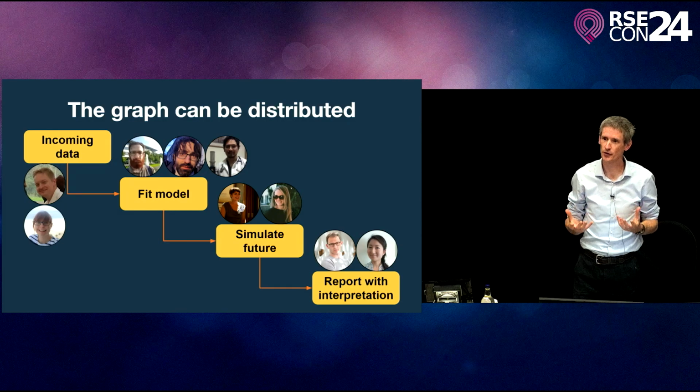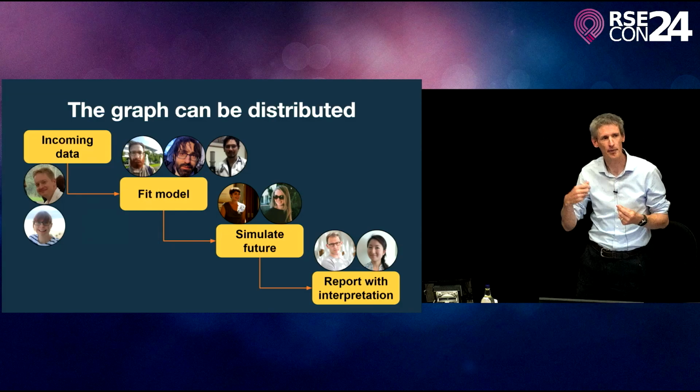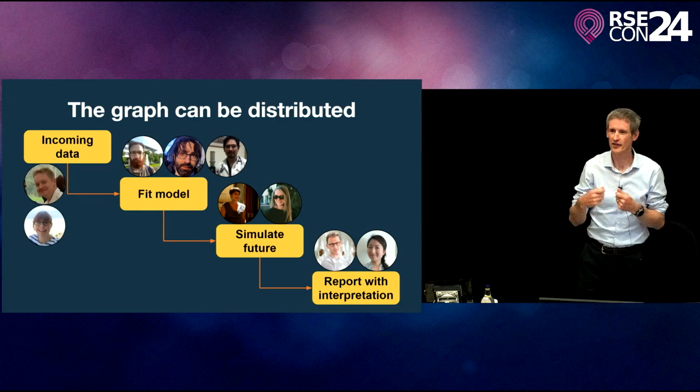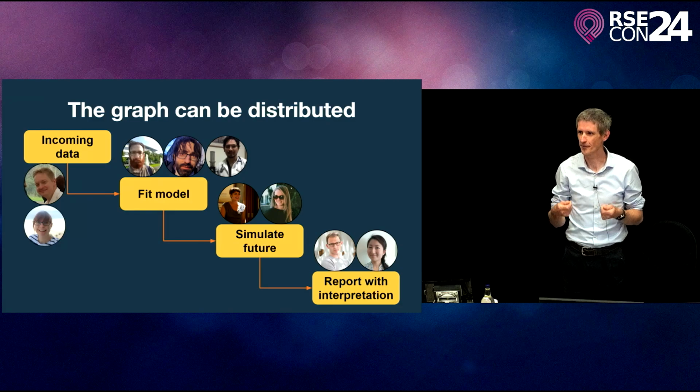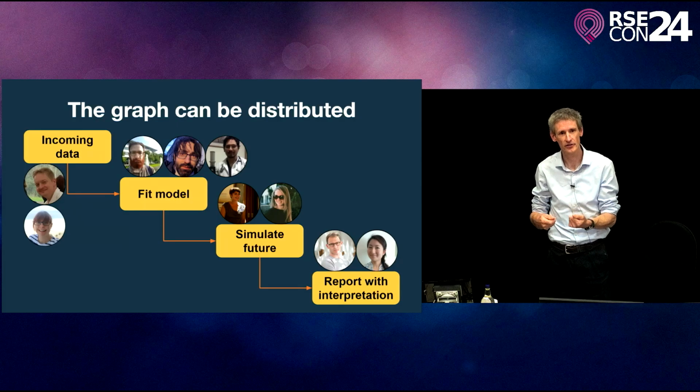It allows you to do the same sorts of things you do with Git in terms of deciding, well, when will I adopt that person's breaking change in the code? You can do the same thing with the analysis. Someone's added a new variable to the model, and my fits that I'm trying to tune can't cope with that yet. So I'm just not going to pull that change in the data input, in the same way that you might not pull that change in the code input.